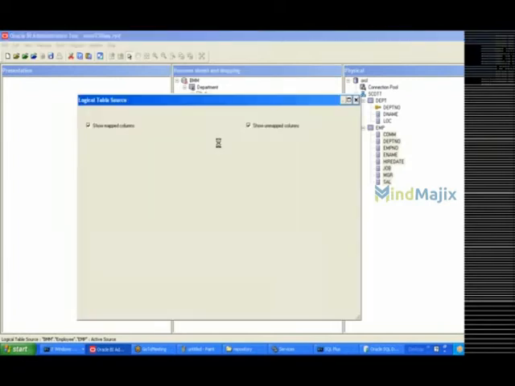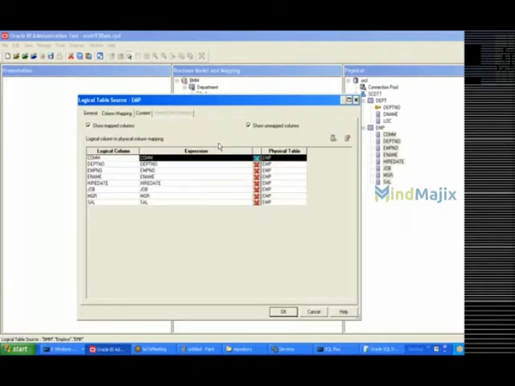So I got a new source folder. If I expand this, again there is an LTS, and this LTS will store the column mapping information from the table to the column. This is referring to the EMP table. Now the department table is identified as a fact table, and the employee table also is identified as a fact. If you are able to see a hash, then it means that it is a fact table.